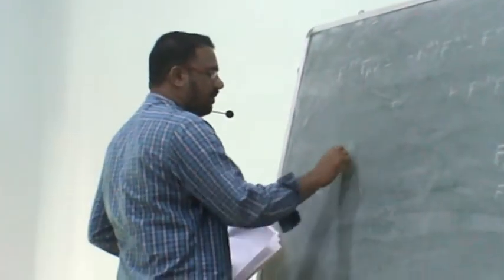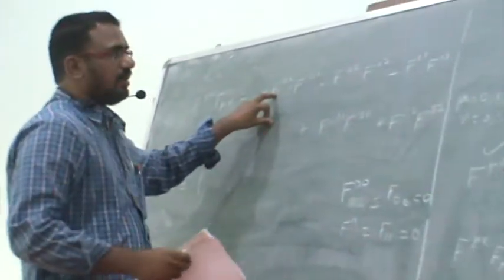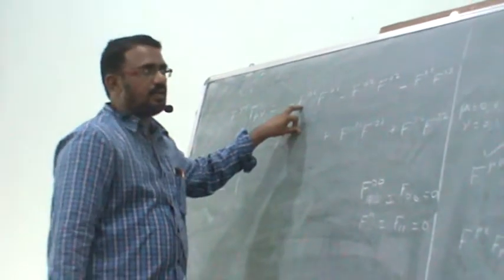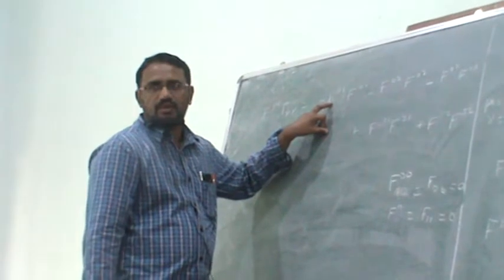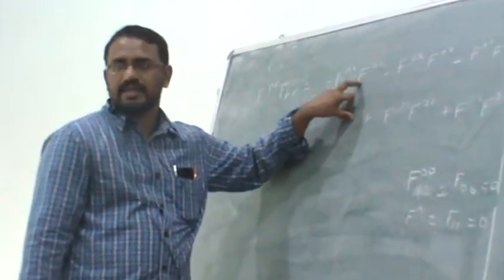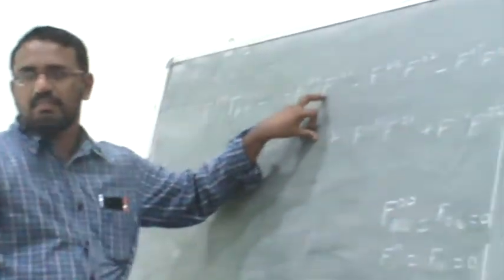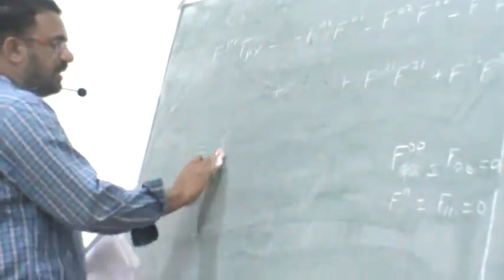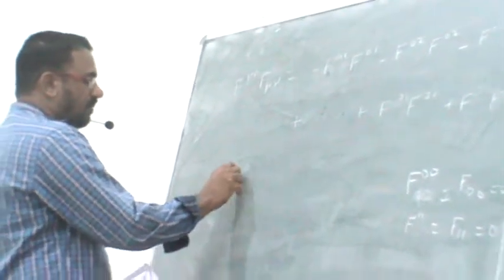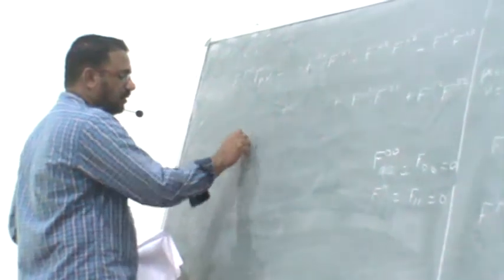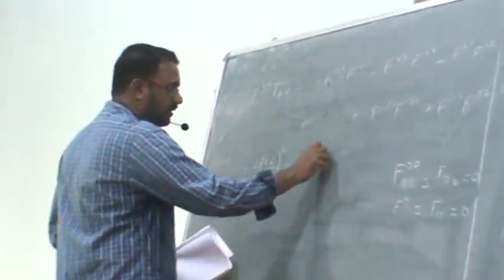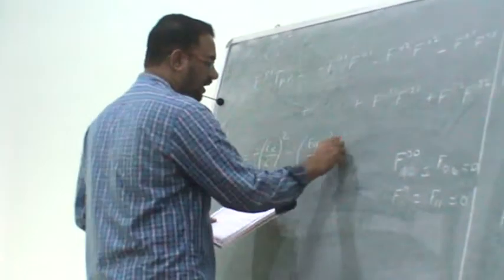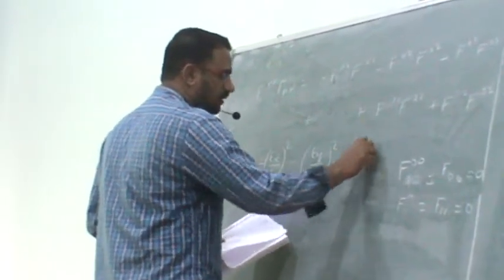You will get minus, so this is F01 is minus Ex by C, and this is also minus Ex by C. Minus into minus plus. So already one minus sign is sitting out, therefore this is minus Ex by C the whole square. Similarly, you will get Ey by C the whole square and Ez by C the whole square.